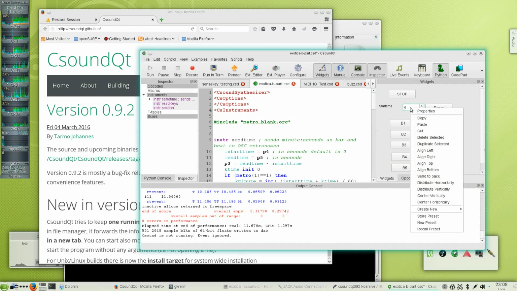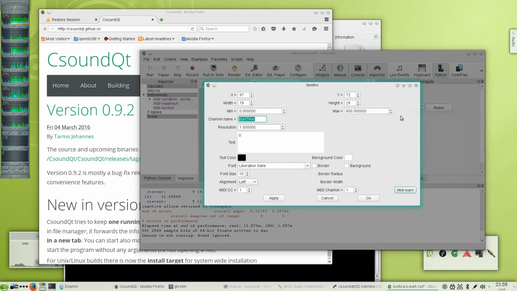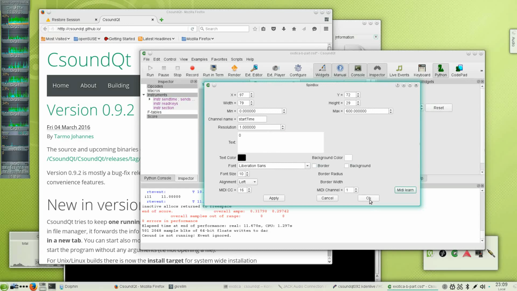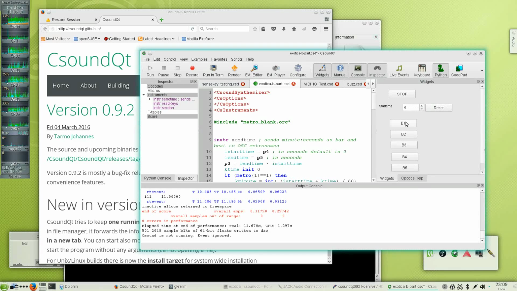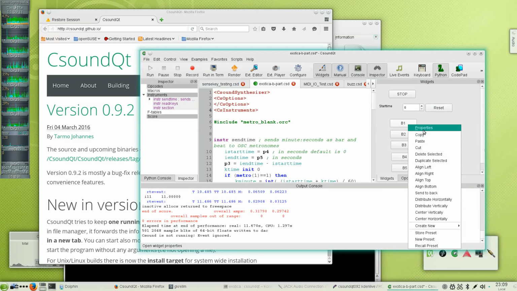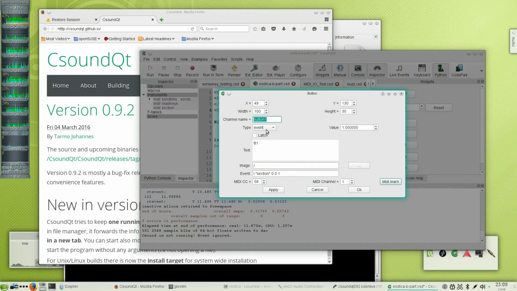to the widget. So it can be either buttons or any slider or spin box or anything like that. So now I'm setting one controller to a knob on MIDI controller and another button. Also a new thing is that the button, if it is an event button, can be also triggered from MIDI